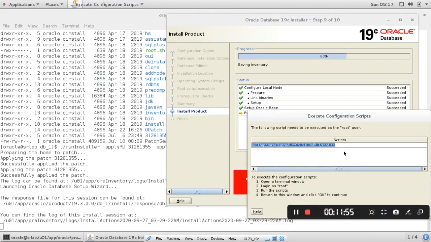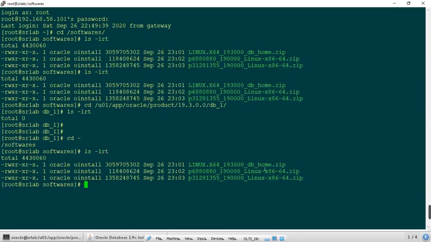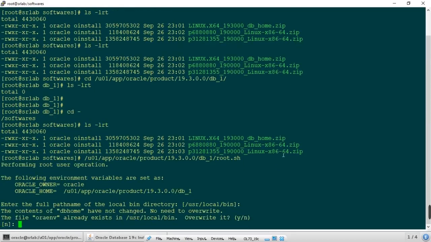Click OK. The software installation completed successfully.